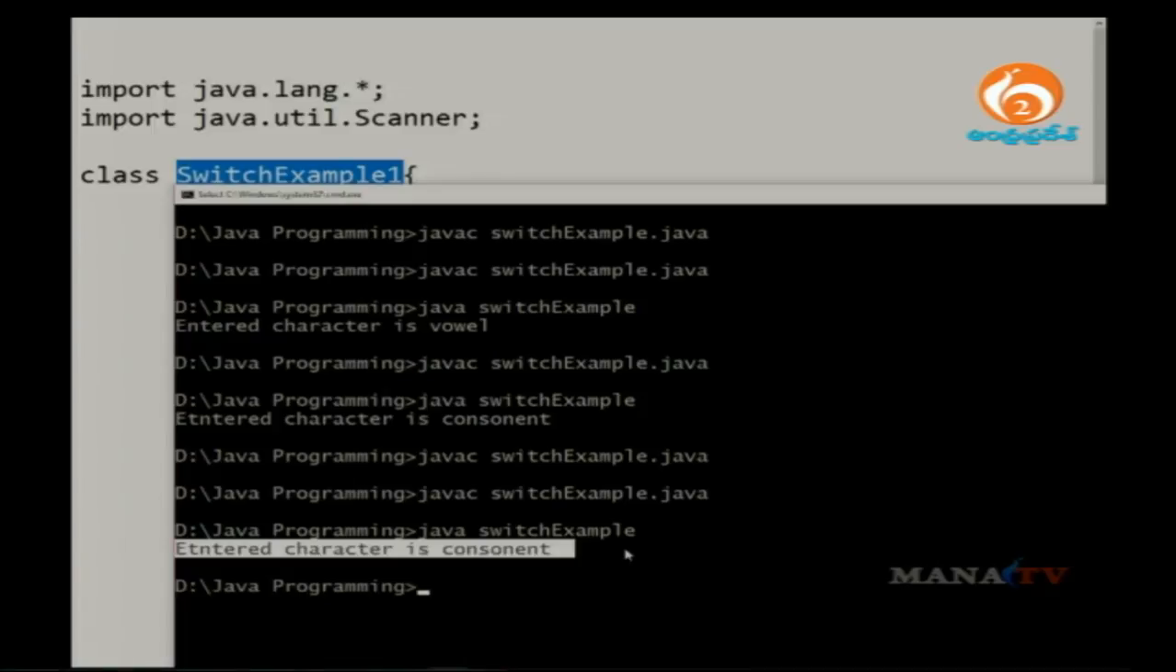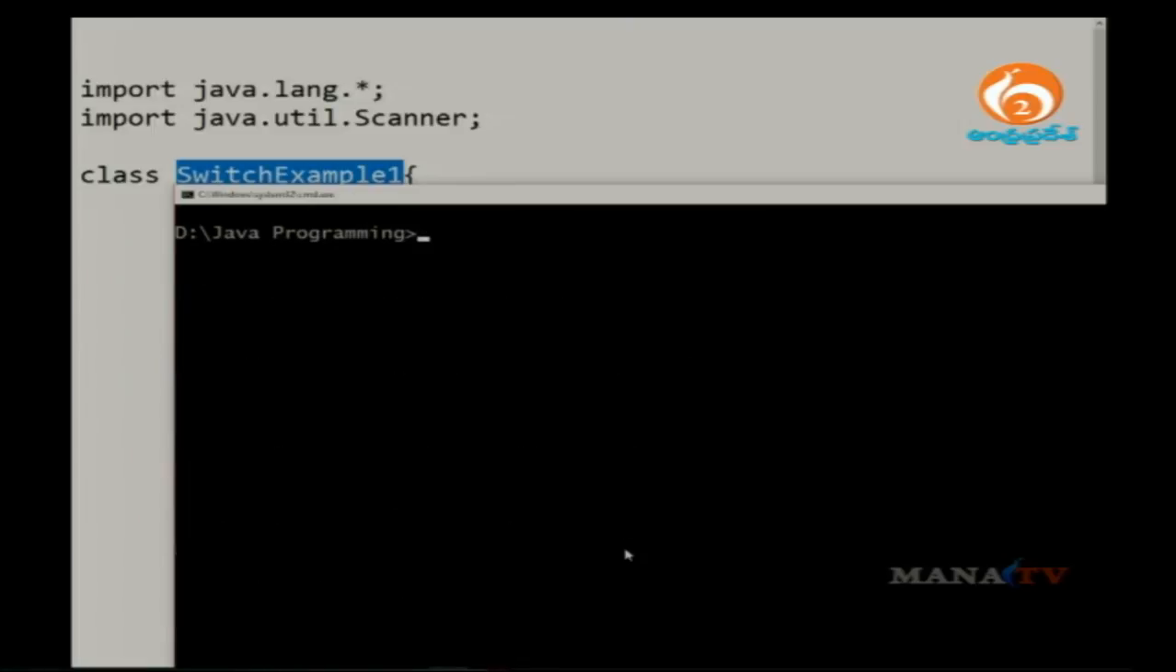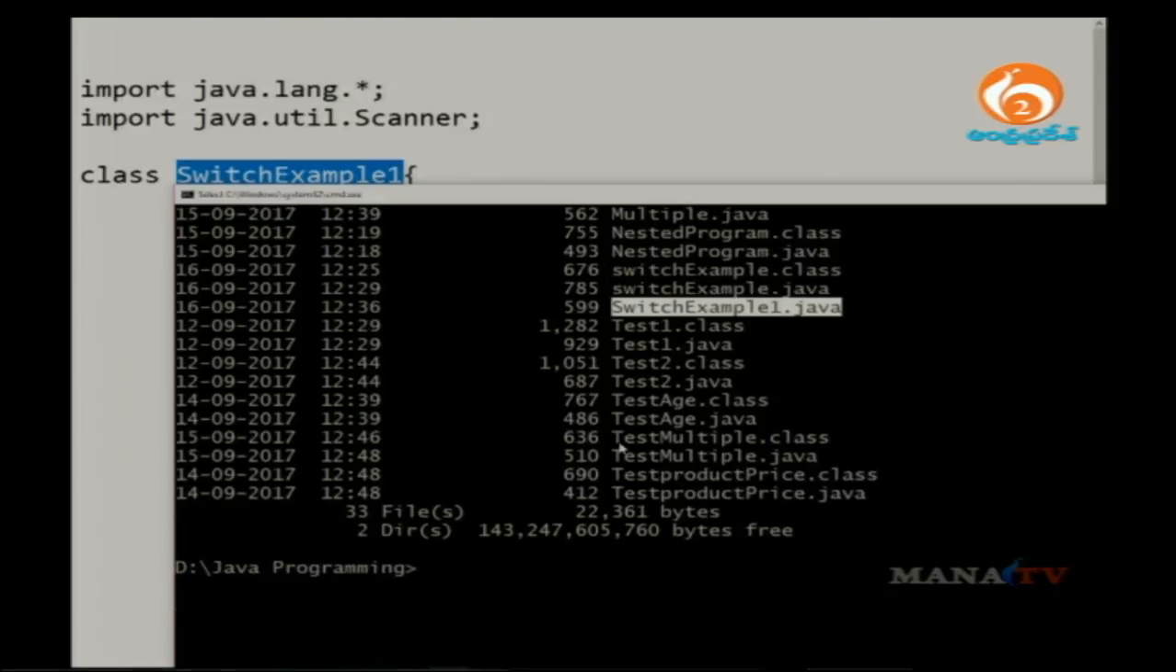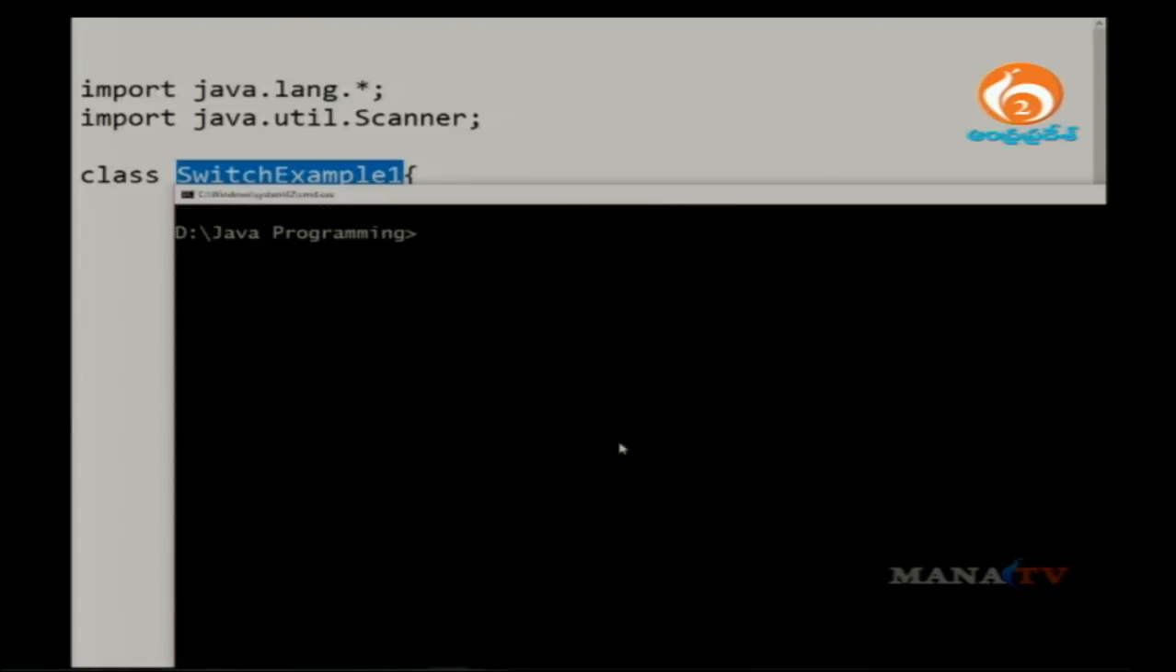Now go to command prompt. Check the file where you are looking for. I am looking for the file name called switch example1.java. Yes or no? Now let me clear the screen once. Now let us see javac followed by switch